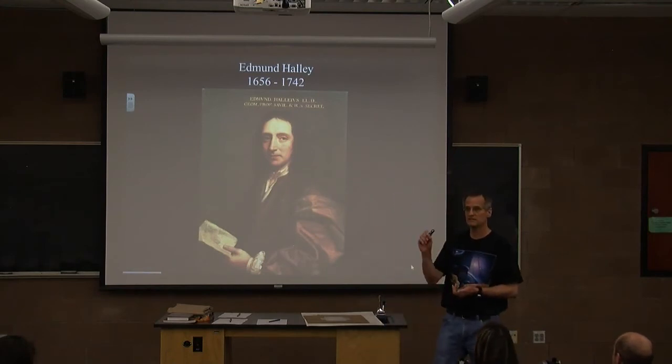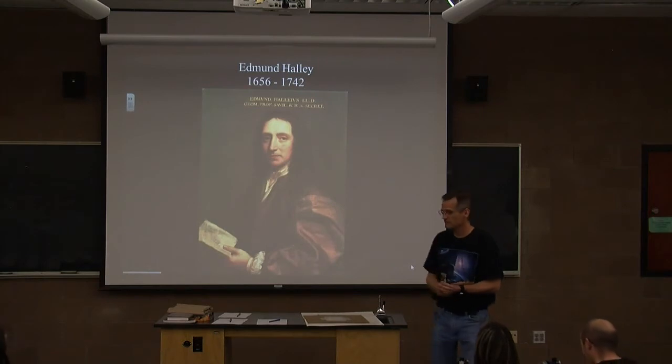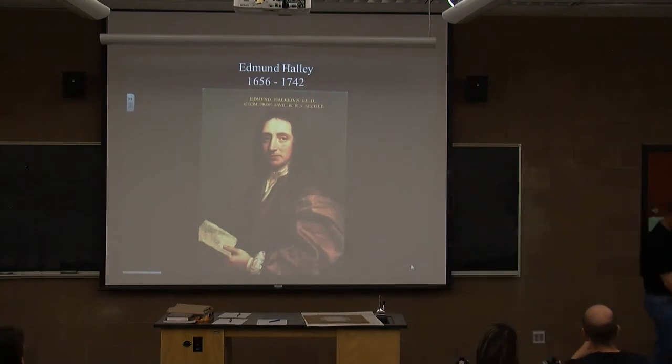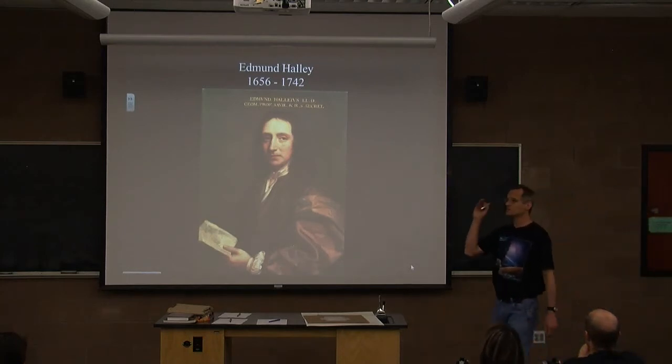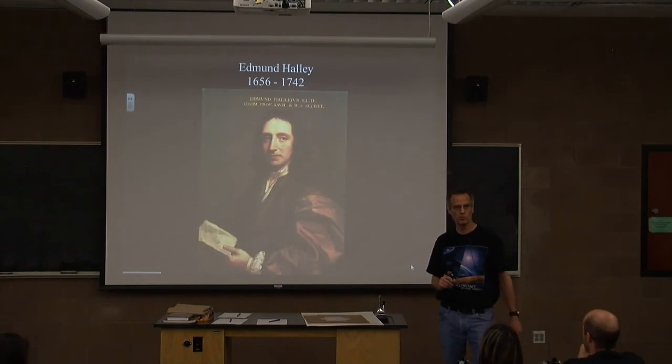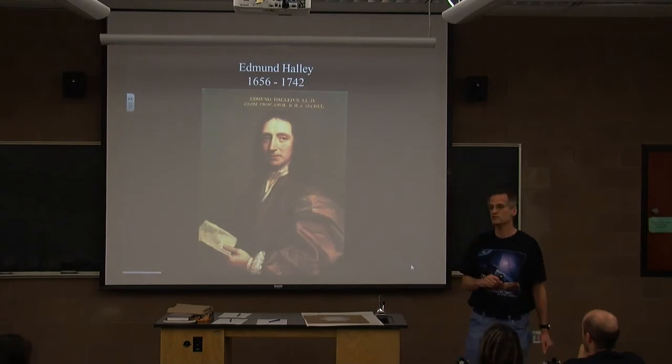So he pointed at Venus. He said that next Venus transit, which, by the way, Kepler did predict, and it was in, I don't want to get the date wrong, 61. So Halley said, 1761, if we get astronomers all over the world to watch that transit in time, we'll be able to make measurements that will allow us to calculate the actual size of the solar system.